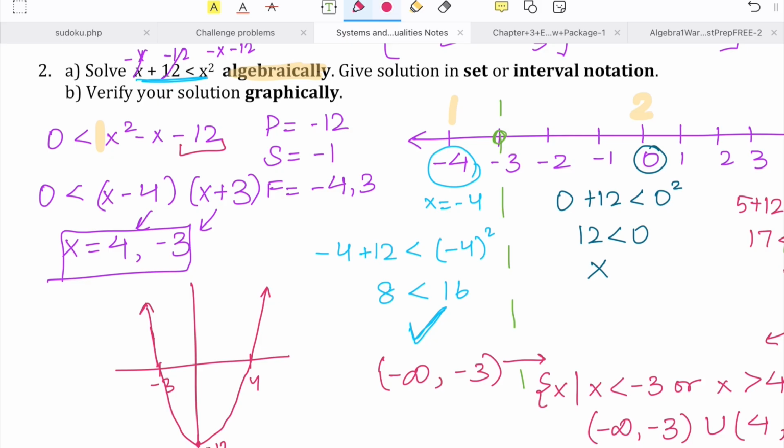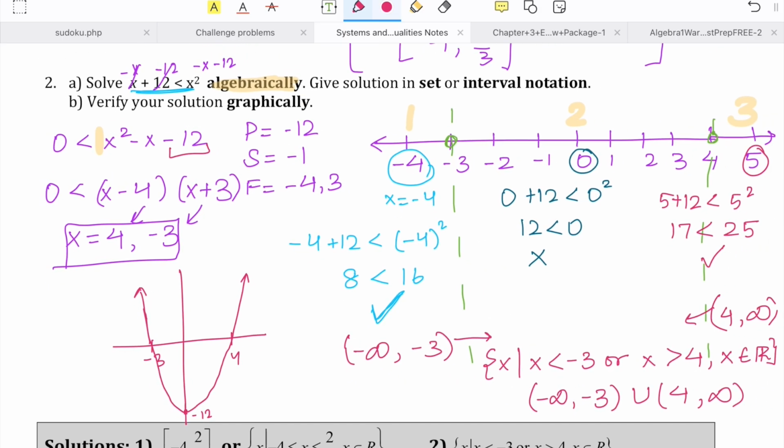Okay, so because it is using the graphical method, this would be open circles, right? And then because x is greater than 0, all of this is greater than, so it will be this stuff right here. Okay,